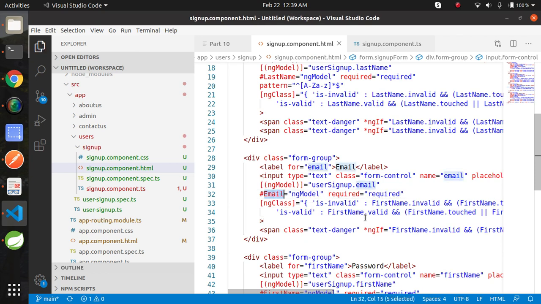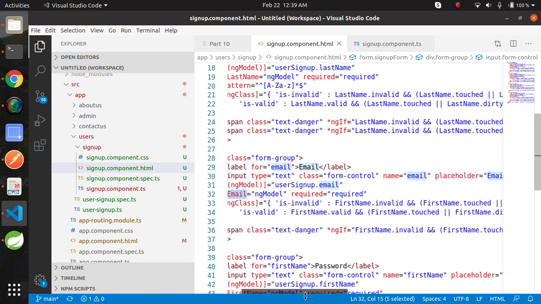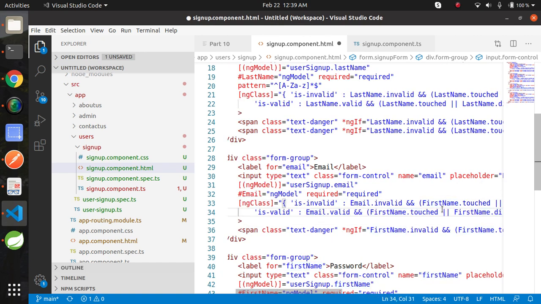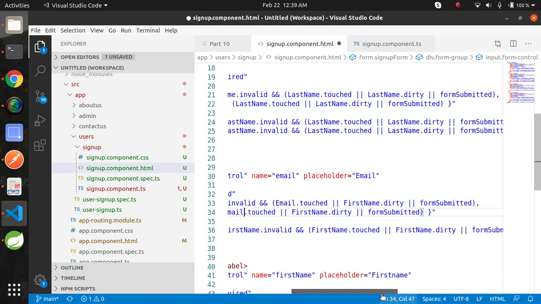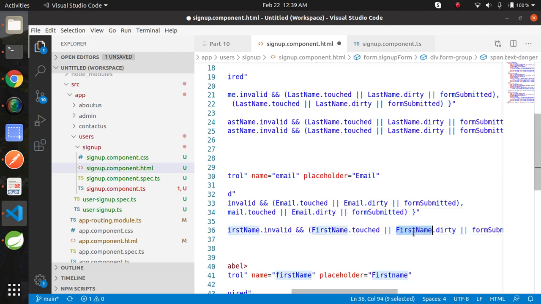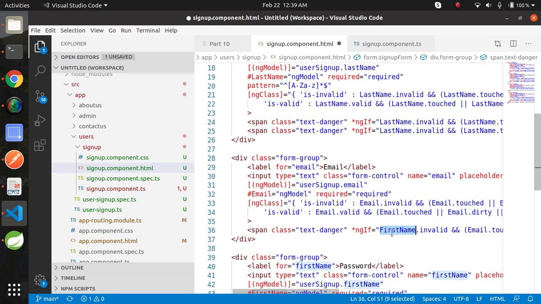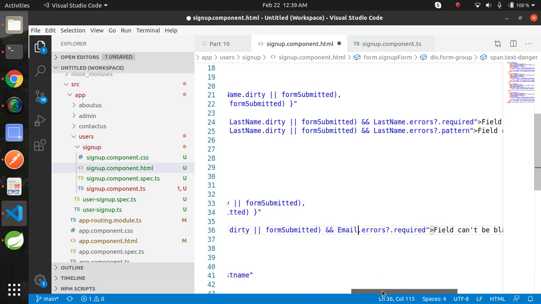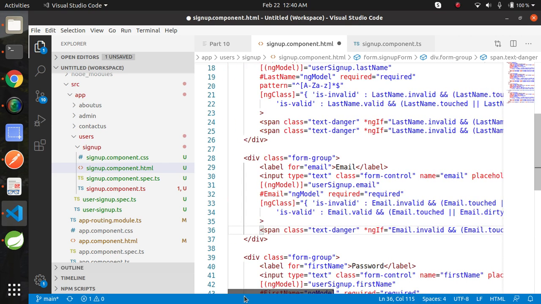Copy this template reference variable and replace first name by email everywhere. Now we have replaced it for email as well.